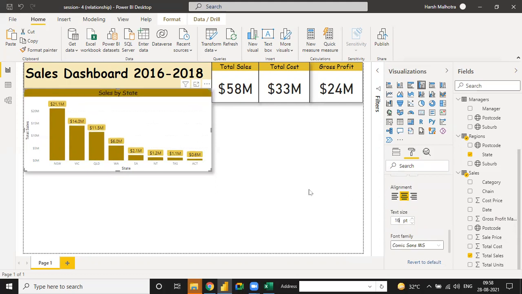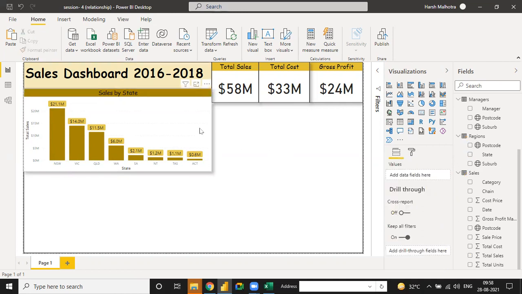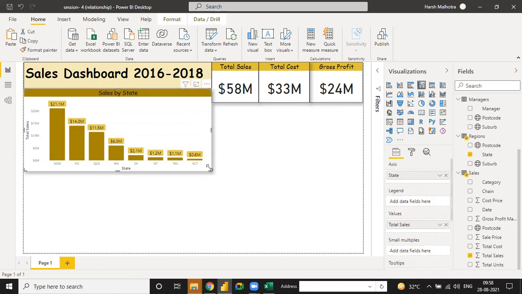मेरे को नहीं लगता इतना सोचना चाहिए, बिकॉज जब हम दो डिम टेबल को कनेक्ट कर रहे हैं तो हमें उसके अंदर 1 to 1 ही चाहिए, बिकॉज डिम टेबल के अंदर हमेशा यूनिक वैल्यू होती है, उसके अंदर आप लार्ज नंबर ऑफ वैल्यू नहीं ला सकते, इसलिए हम दो डिम टेबल कनेक्ट करते टाइम 1 to 1 रिलेशनशिप करते हैं। बट जब आपकी फैक्ट टेबल और डिम टेबल कनेक्ट होती है तब उसके अंदर मैनी टू वन या 1 to मैनी रिलेशनशिप होता है।